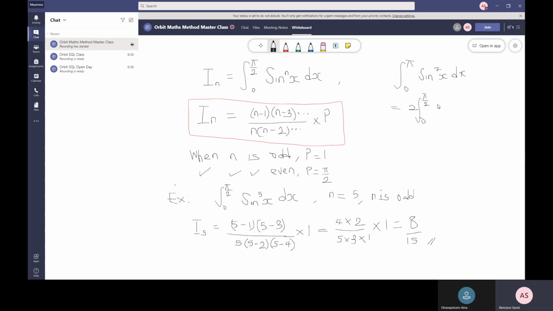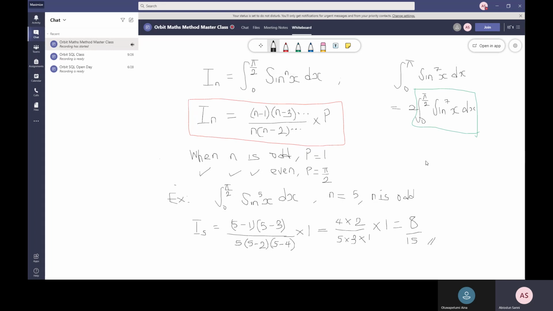So if you are dividing the interval by 2, you have to multiply by 2, then you have sin 7 x to the power 7 dx. Now, in this scenario, this is going to be your integral without the 2. So the result you get, you're going to multiply by the 2. That's going to be your final answer.